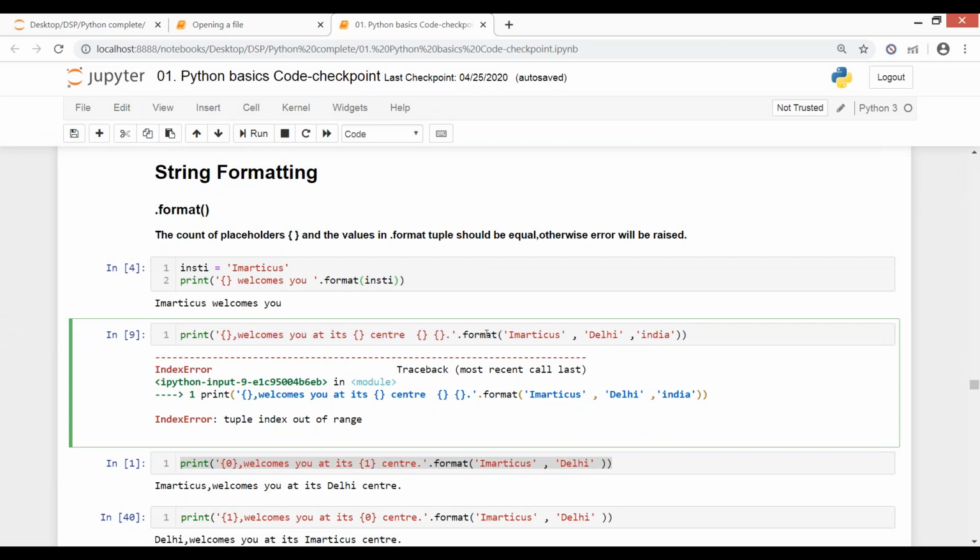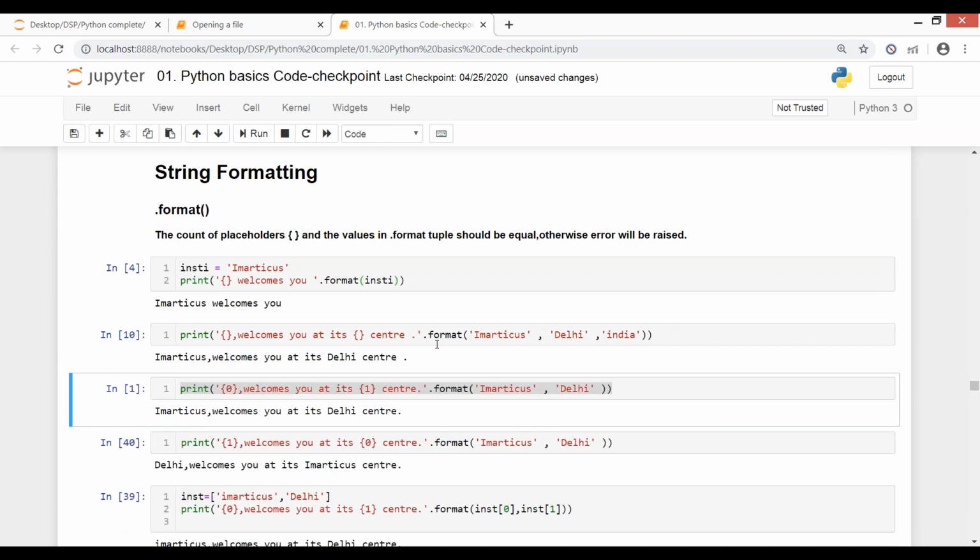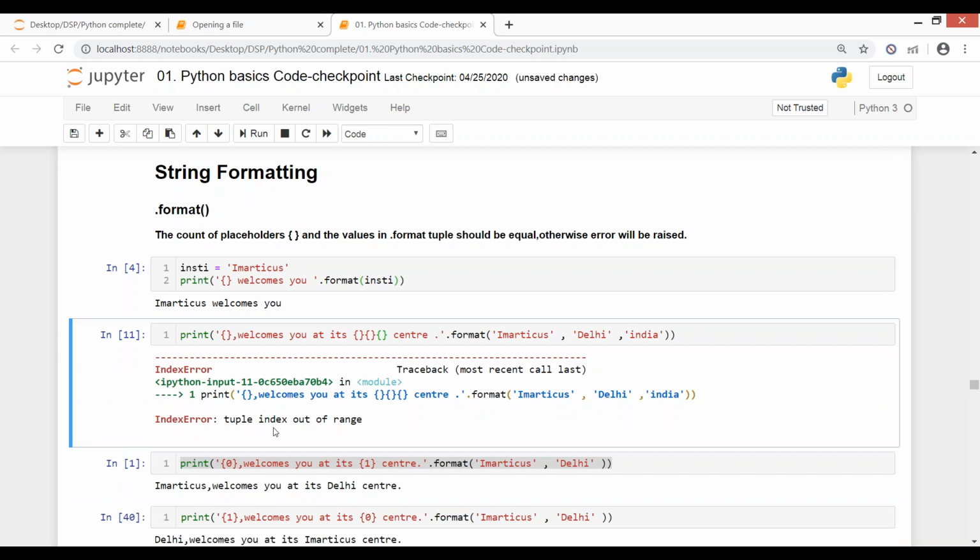वो mandatory है. लेकिन it's not mandatory कि let's say मैंने यहाँ पे दो placeholder दिए हैं और मैं सिर्फ value यहाँ 3 pass करा रही हूँ. This is good to go. This won't throw me an error. पहली वैल्यू जो थी वो पहले प्लेस होल्डर में चलेगी. सेकंड वैल्यू दिल्ली की वो इसमें चलेगी. नाउ इंडिया इज लेफ्ट आउट. इट्स ओके. बट इफ आई डिफाइन 4 प्लेस होल्डर्स हियर, देन आई हैव टू डिफाइन 4 वैल्यूज. दिस इज मैंडेटरी. Otherwise, it will throw an error.